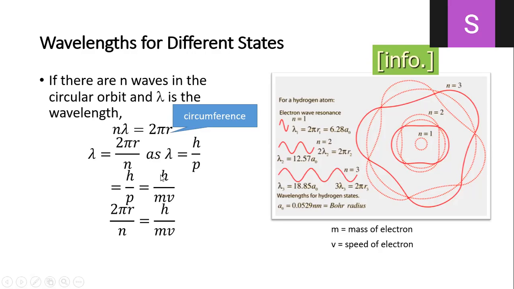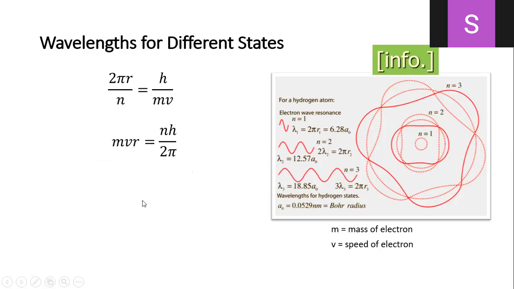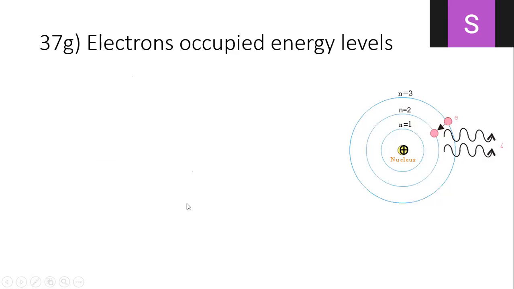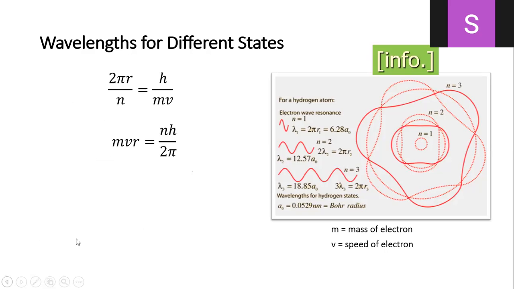So we can put these two equations equal, and we get this. Then we can take this mv across to get our angular momentum, and take the n up, 2π down. That's what we get. Take the mv to the other side, 2π down, n to the other side, and we got that one. So that's the reason why de Broglie suggests